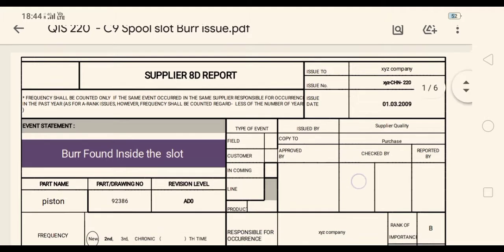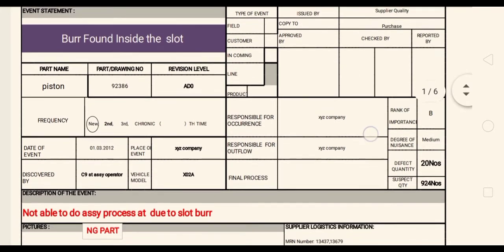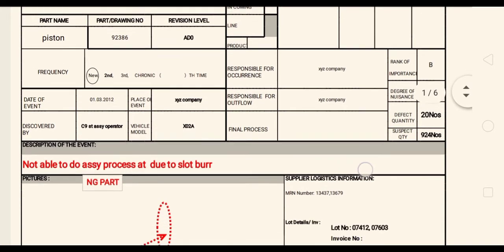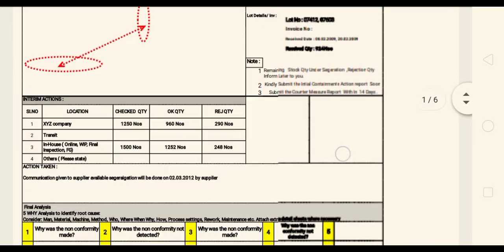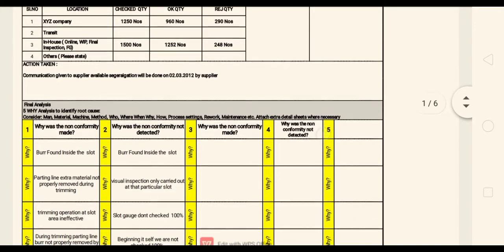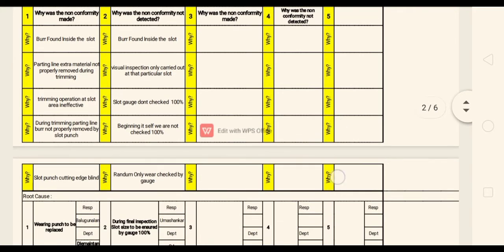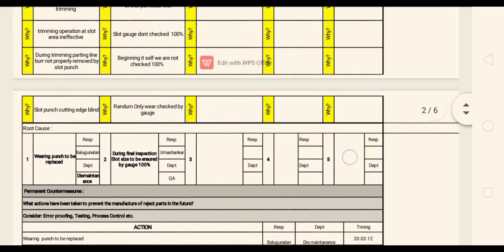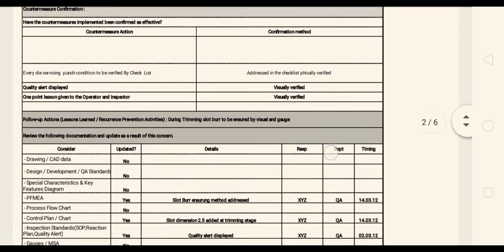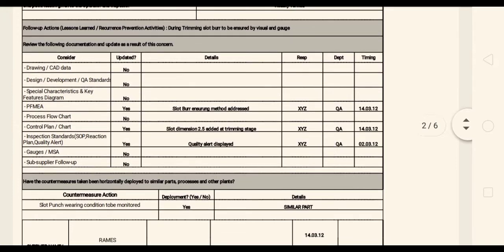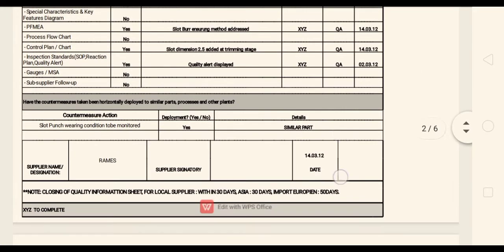I've removed everything, the company logo and all, for confidentiality reasons. This one is a bit modified, a bit upgraded version, better than that one. The earlier one was just a single one-page report. Here you have some pictorial representation, and it is on a much larger scale than the earlier one I showed you.